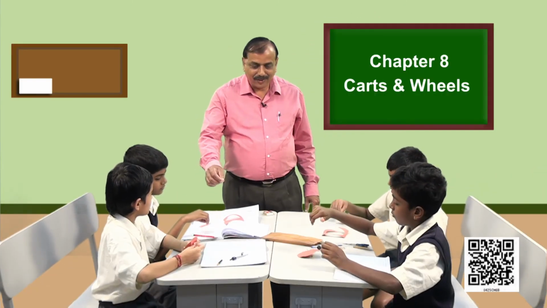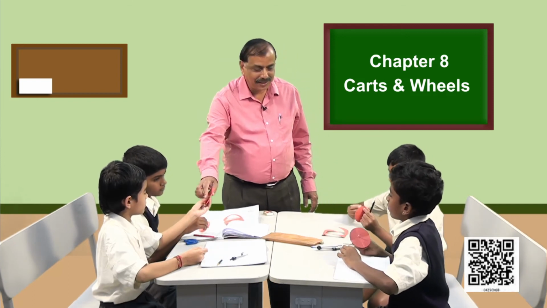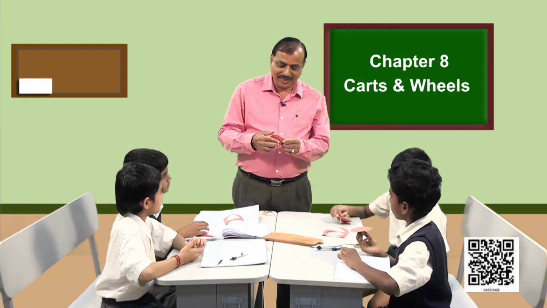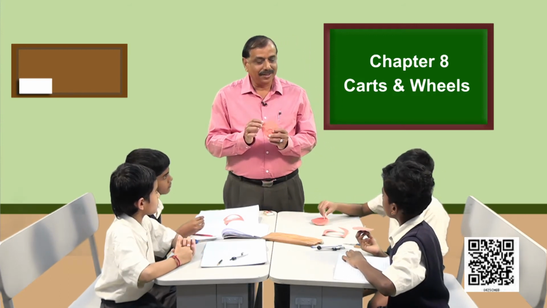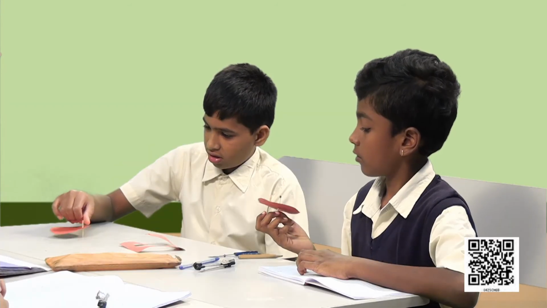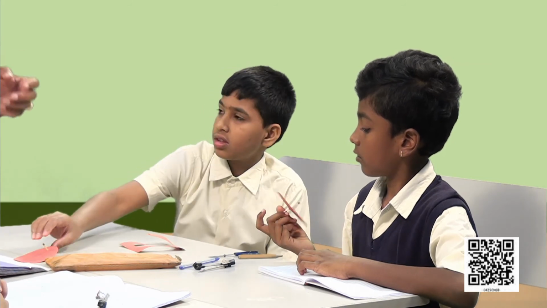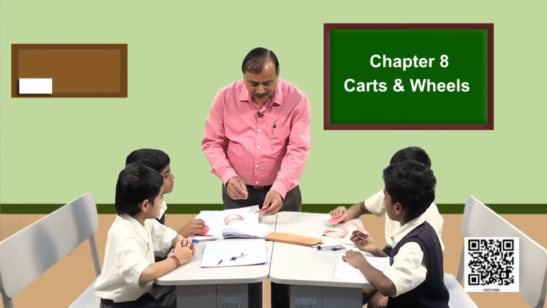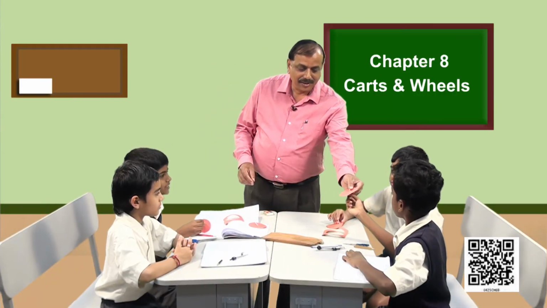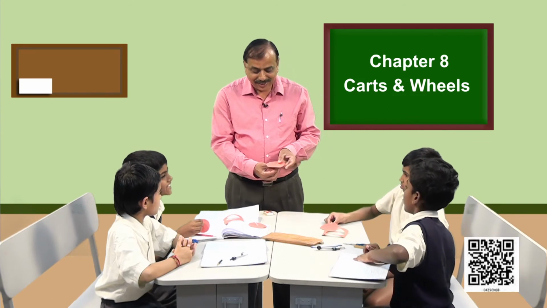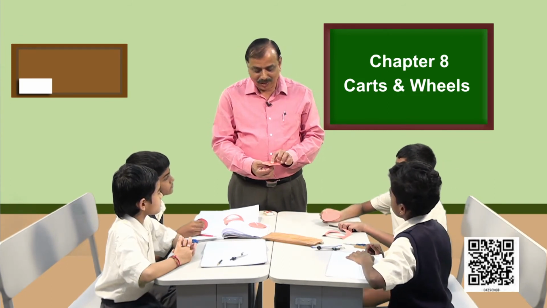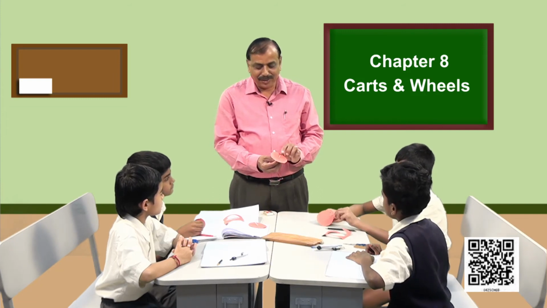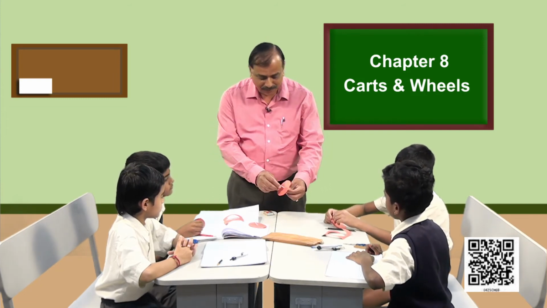Okay. Now, let me see where you have fixed your sticks. Okay. So, Shubham has fixed the stick at the center. So, it should spin for a longer time, or the maximum time. Okay. So, what about Sanat's? He has fixed it not exactly at the center, but very close to the center. Therefore, even this is going to spin.